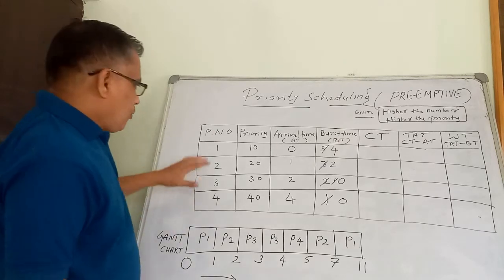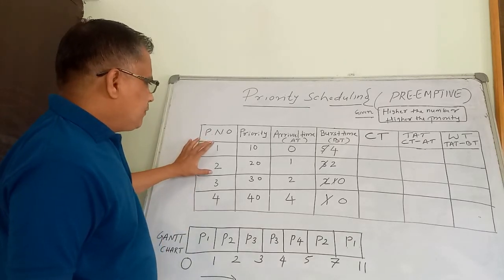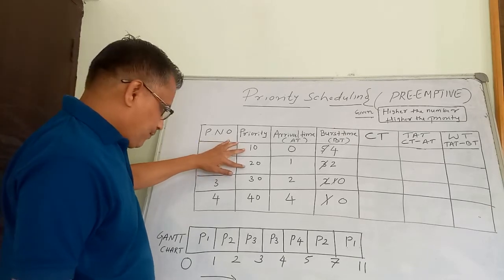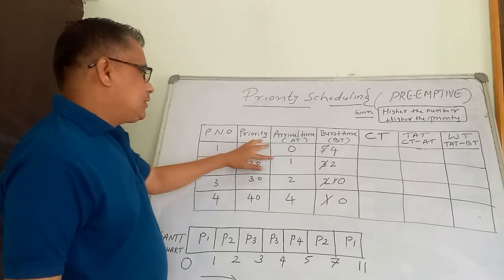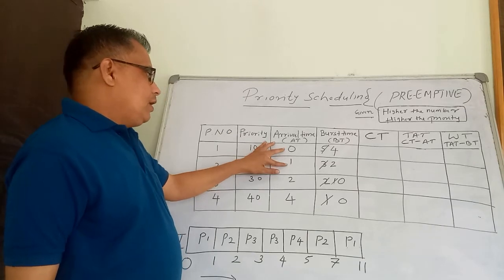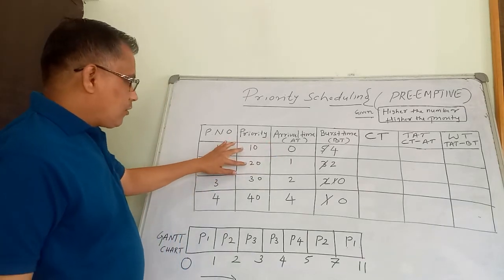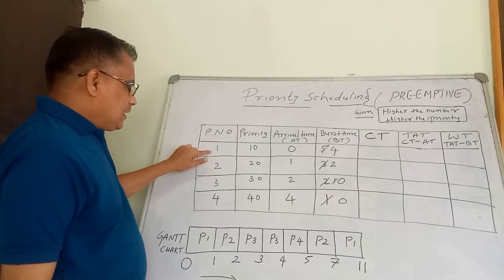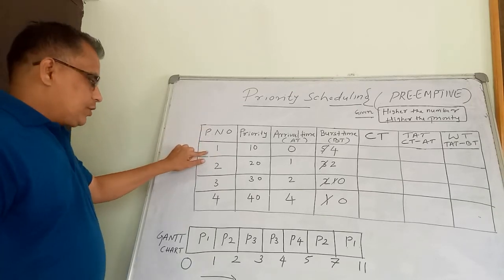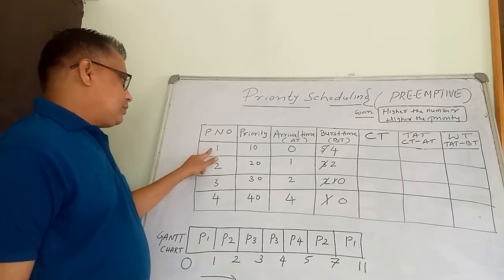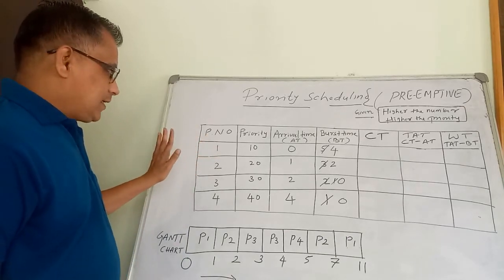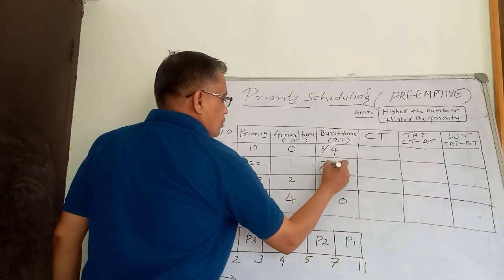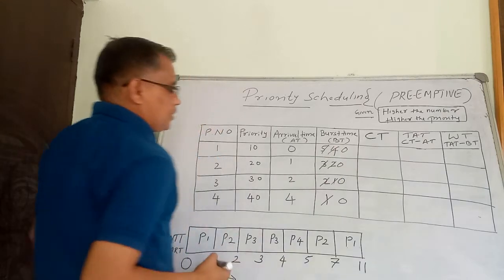Suppose here, what is going to happen if the priorities of two processes are the same? Then you have to consider the arrival time. And if the arrival time as well as the priorities are the same, then you have to consider the process ID, whichever comes first, and schedule it accordingly for CPU execution. Then you have to employ first come first serve basis, my dear students.